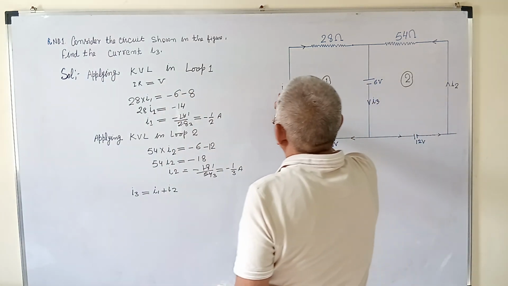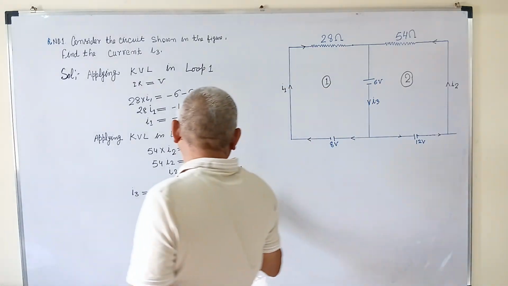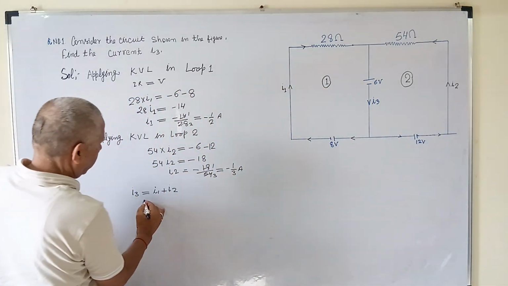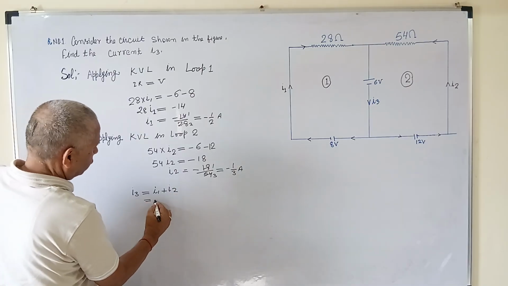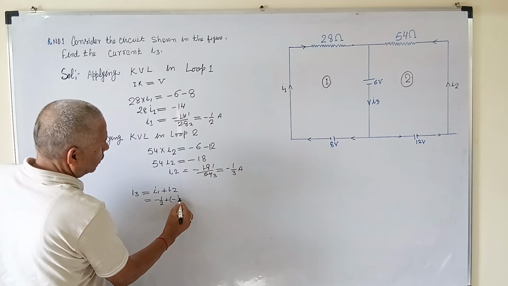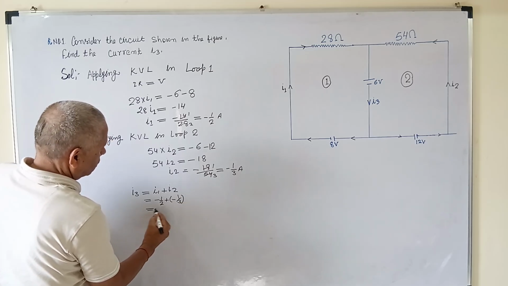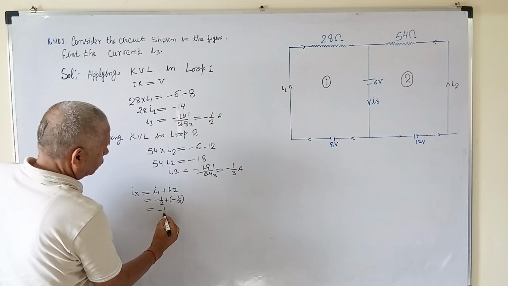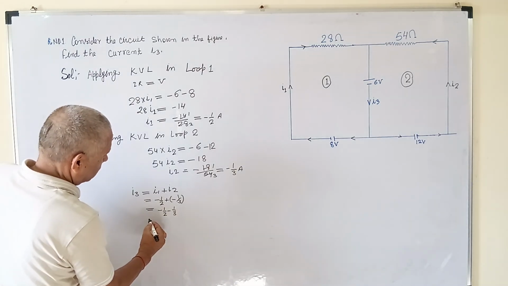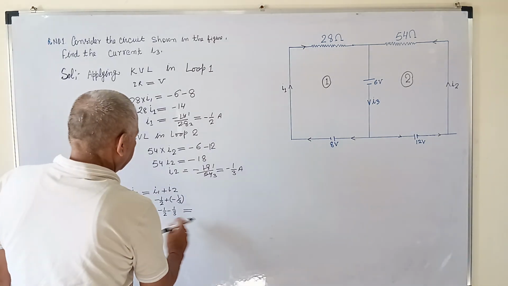So अभी तक हमने कैलकुलेट कर लिया है, I1 हमारा -1/2 आया और I2 जो है वो -1/3. अब इसको हम ऐड कर देंगे. So -1/2 plus -1/3. So -1/2 -1/3 equals to, now LCM will become 6.